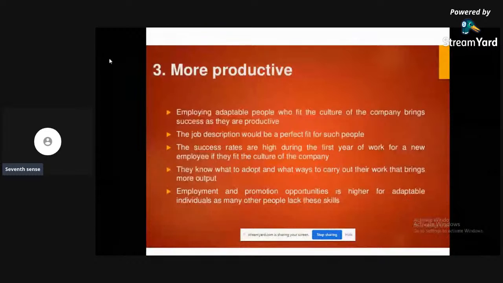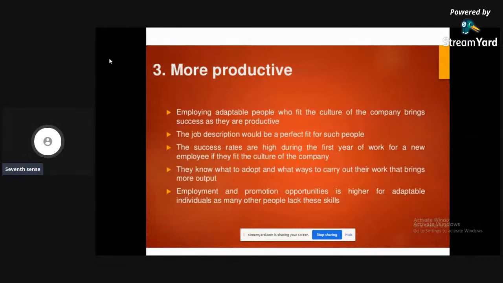Suppose you think, okay, the employer has given me a chance to keep up the image. That is the result of adaptability. So this is what the companies need: profits, right? They'll be looking out for people who can put out more work, who can get more success. So adaptable persons can get more success.